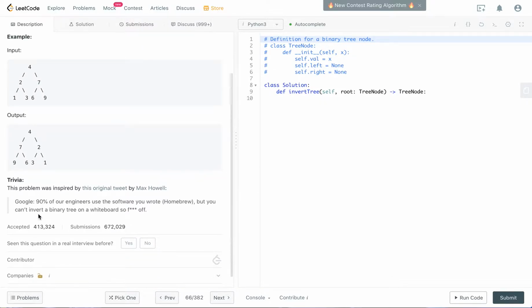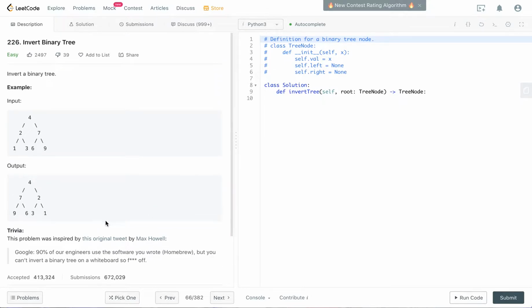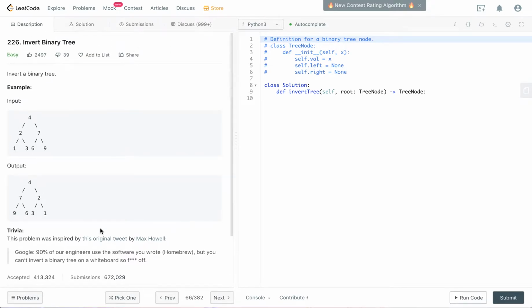There's a little story out here. You can definitely check that out. I'm not sure if it's an original story or a true story, but let's just get into our